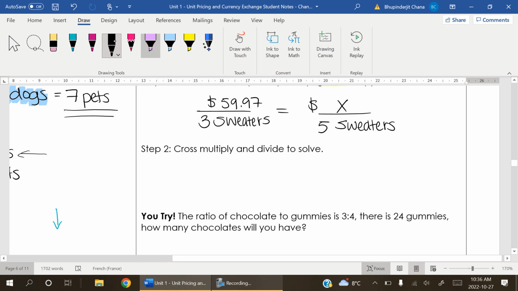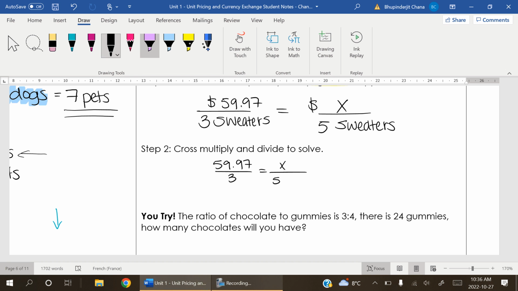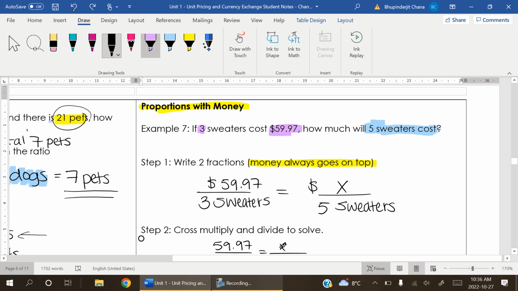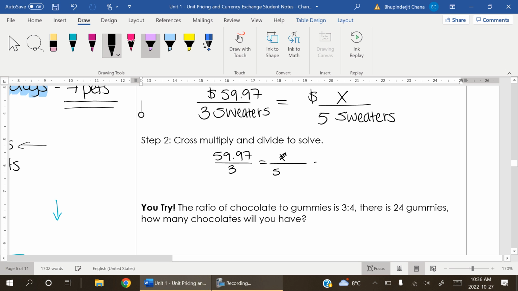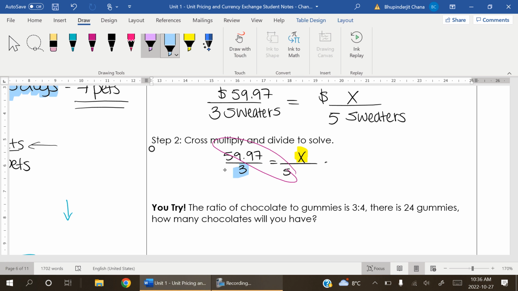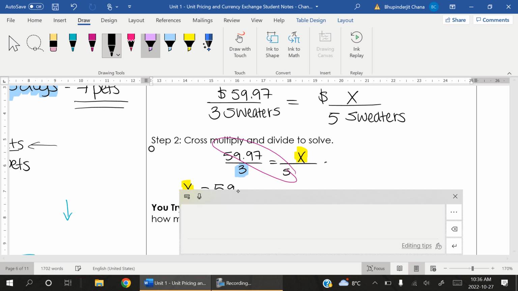From here, you're going to write your cross multiplication statement. So 59.97 over 3 is equal to x over 5. Again, you want to make your circle, you want to make your diagonal circle so that it excludes x. Okay, so x is equal to 59.97